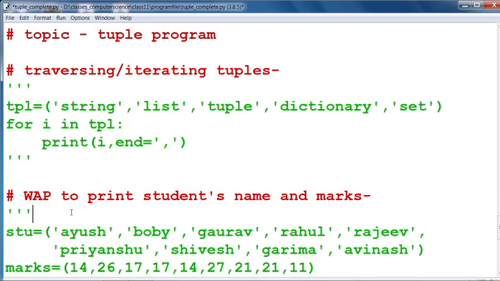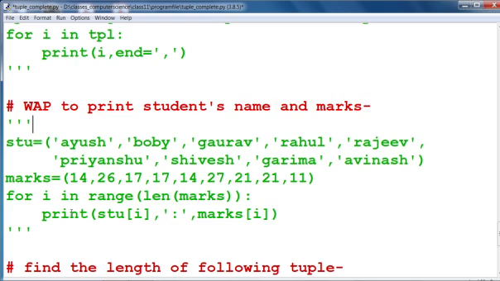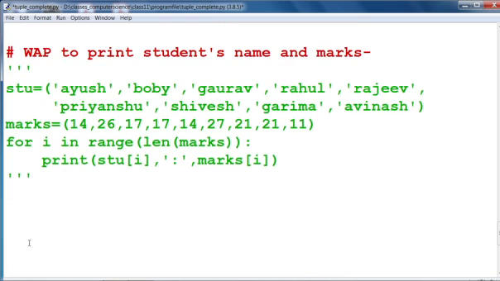For this, first of all we have taken a tuple with the name stu, that means student name, and we have defined the names of the students. The names of the students are Ayush, Bobby, Gaurav, Tahu, Raju, Priyanshu, Suresh, Garima, Avinash.